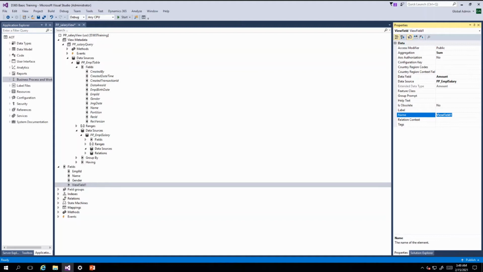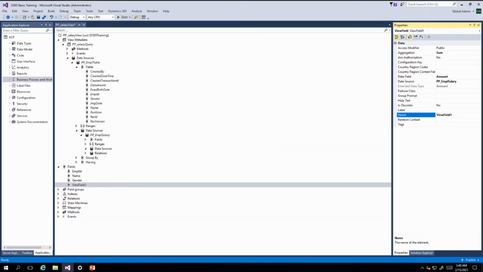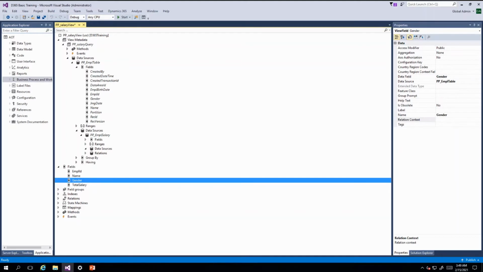View field is, and the label to total salary. So we have added all the 4 fields which were required for the view. So our view is ready.